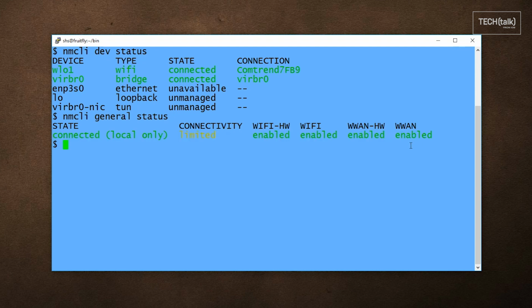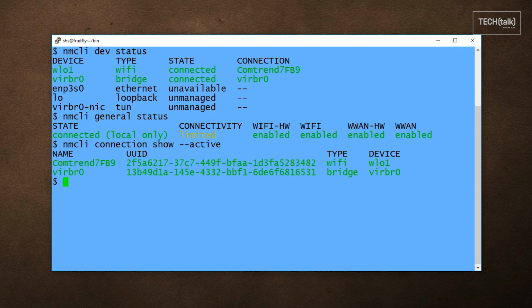The next command provides information on our active network connections along with the IDs associated with those devices. Here's the IDs in here and the device types and device names. If you want to see a lot of details on your network devices, use the nmcli device show command. Looking at just the top 10 lines of this output, you might see something like this.